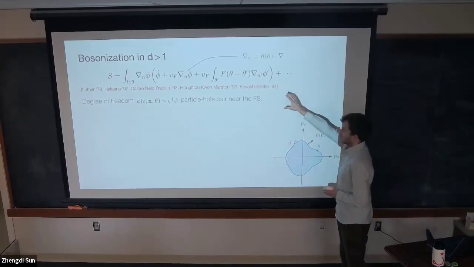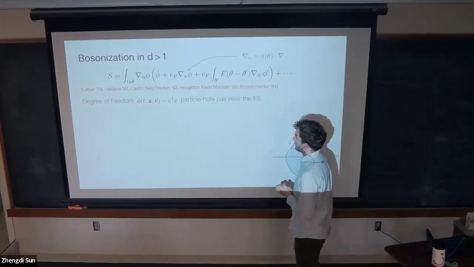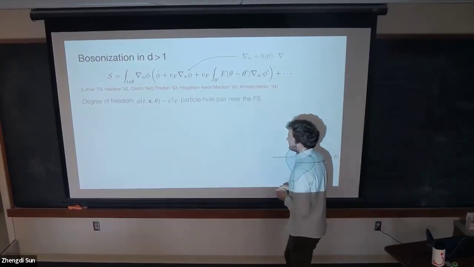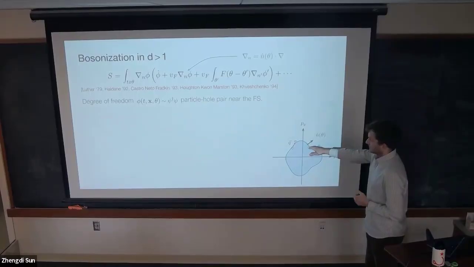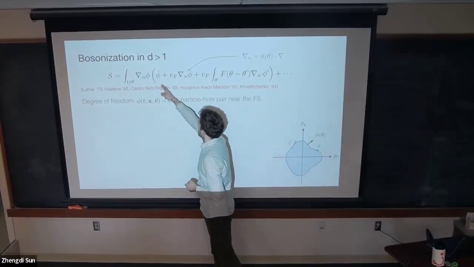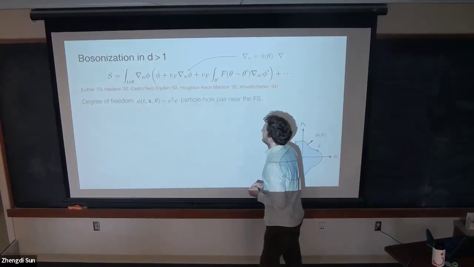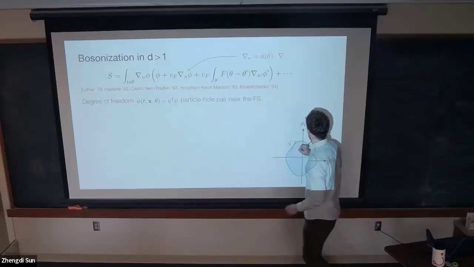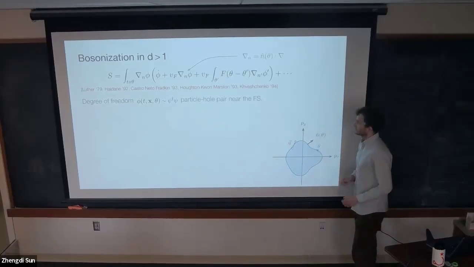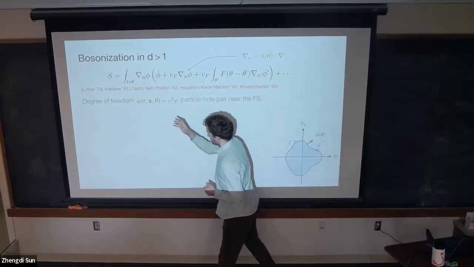I'll explain how one gets to an action like this in a bit, but for now I'll just tell you what these actions look like. What these people came up with is a bosonized description of a Fermi liquid, a Fermi surface. Roughly, it is a chiral boson. You can recognize the action of a chiral boson, which is propagating away from the Fermi surface. And as in bosonization in 1+1D, you can think of this boson as a particle-hole pair,